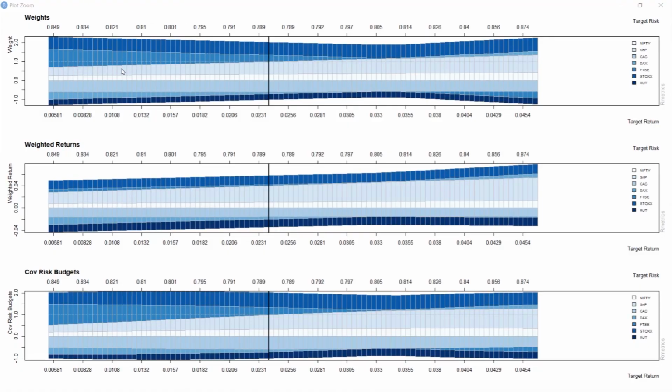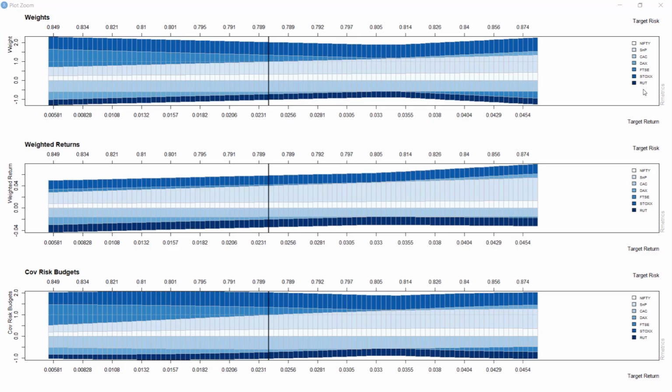So let us examine this graph more carefully. In the first plot, we have weights of individual assets, and now we can see it varies from 0.0058 to 0.0451. We can also see how the weights are changing. Now see, it is negative -1. We can also see some of the points below -1 and some of them above 2, which indicates that some of the assets have been shorted and the additional wealth due to shorting is invested in other assets. So we can see that.